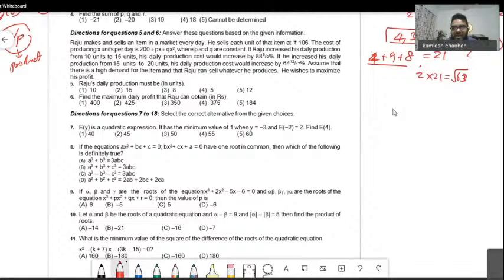First thing which is given is Raju increases daily production from 10 to 15. His production cost will increase by 8 by 9. This percentage is fractional equivalence of 8 by 9. So if earlier with 10 units the cost is, let's say, 9K, with 15 units it will be 17K. Okay. Next, if we increase his daily production from 15 to 20 units, his daily production cost will increase